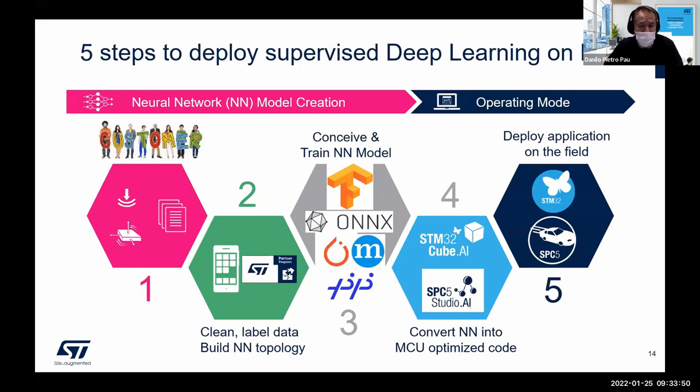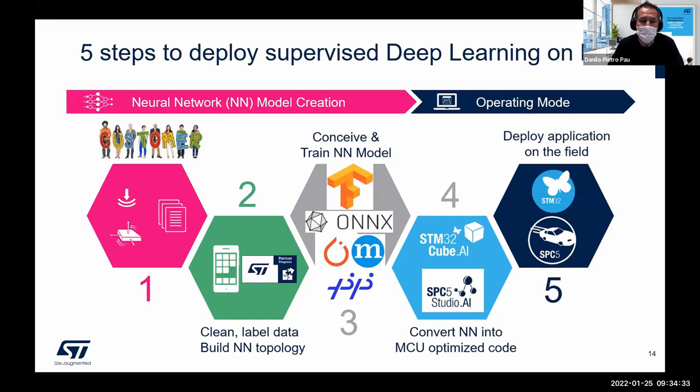The methodology that we introduced since 2017 to address machine learning solutions in the context of supervised deep learning is composed of 5 steps. The first, which is typically handled by a customer of ours: I define a problem. In the problem, for example, there is the definition that I want to design an intelligent microphone which recognizes some keywords or some short sentences, or my activities, or if I am a person, or a cat, or a dog, my hand pose, and so on and so forth.